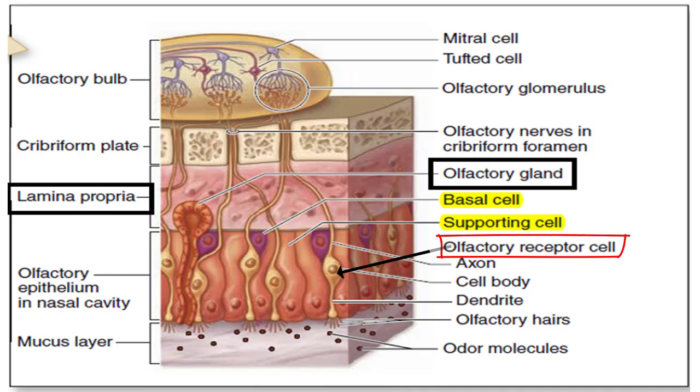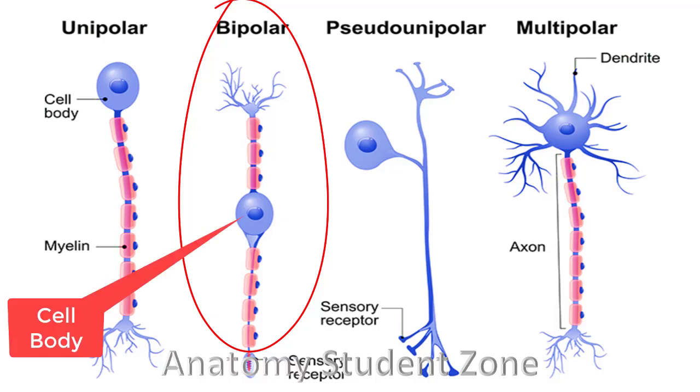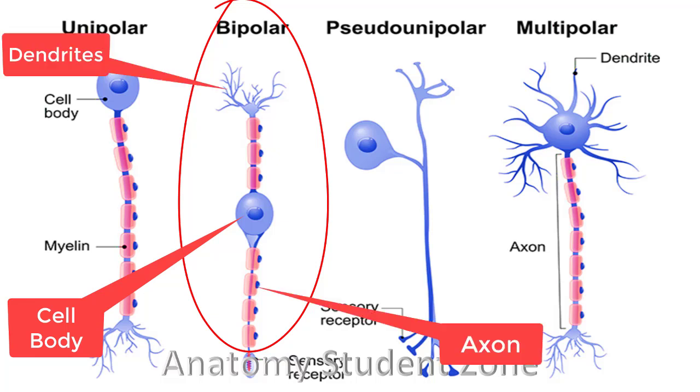So in actuality, olfactory cells are neurons. Please remember this. So these neurons are connected with your brain. But how are these neurons connected with the brain? Because these are bipolar neurons. There are also other types of neurons, but you have to remember here that the olfactory cells, or olfactory neurons, are bipolar neurons. The feature of a bipolar neuron is that it has a cell body, and from the cell body, the axon and the dendrite project in opposite directions, as you can see here.